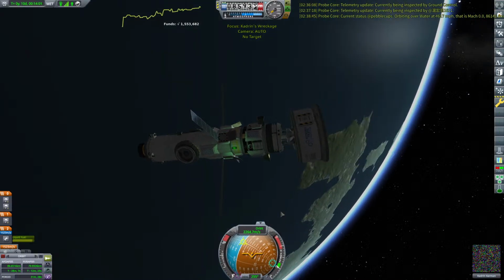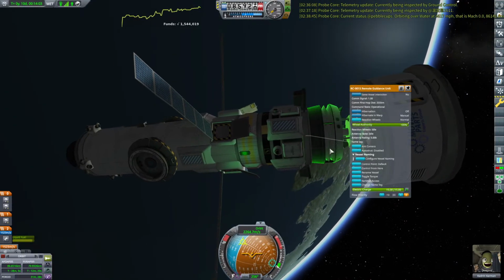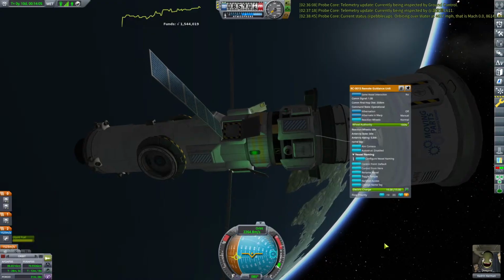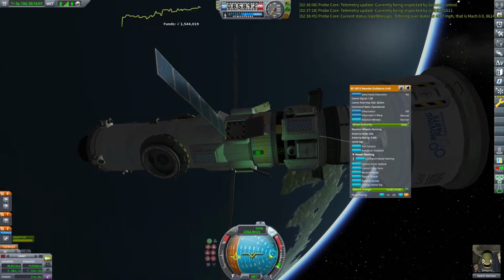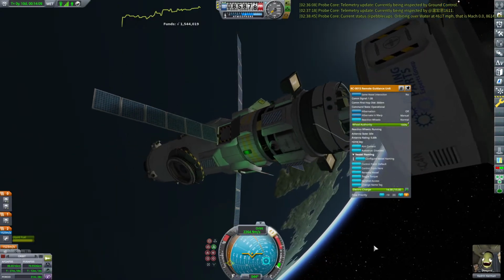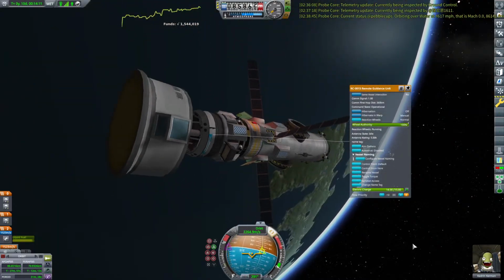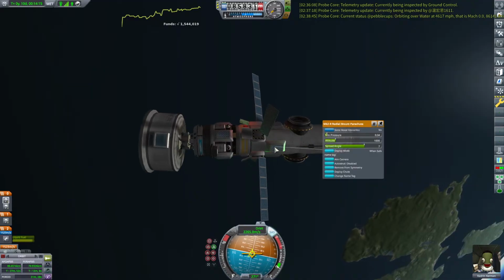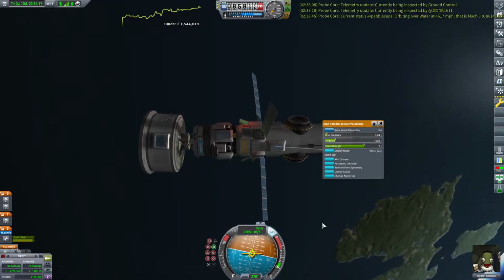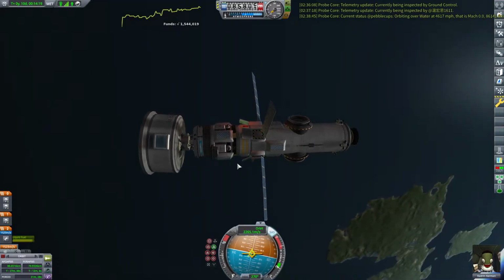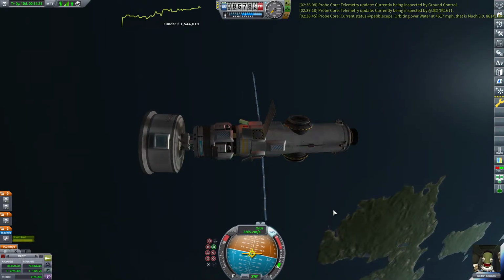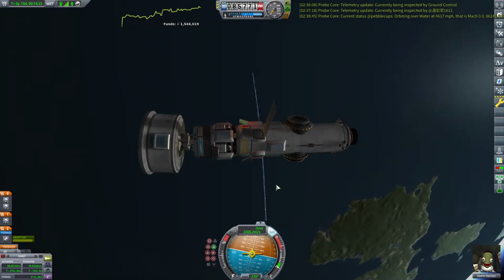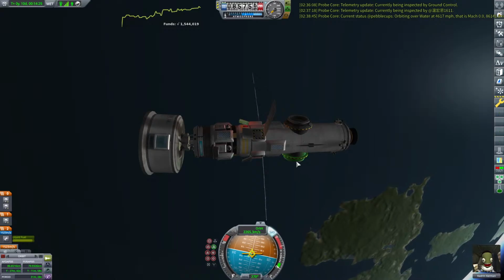There we go. Right, we control from here. Right, and T retrograde. So we're going to deorbit this. This is designed to deorbit stuff. We've got the parachutes on it, RCS and a bunch of fuel. I mean, I have got ideas for better designs, but